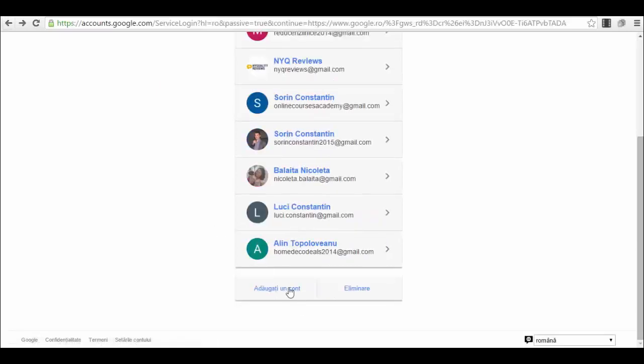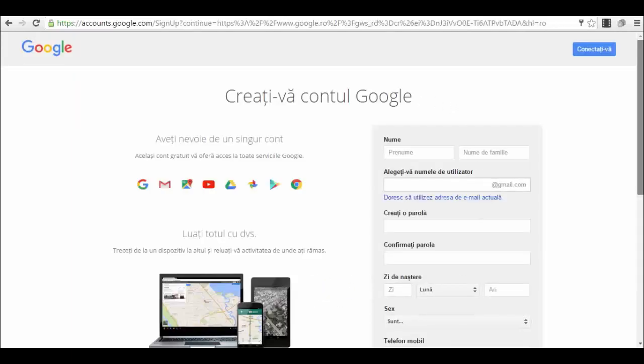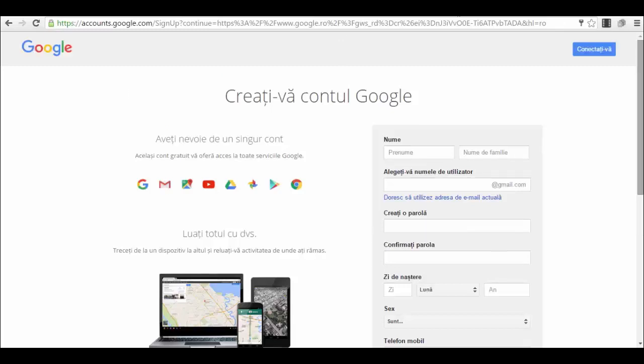For example, if I go back to that page and press this button here, add an account, I have the option to create a new account. I press on create an account, and this is how the form will look. As I've stated before, all the details for me are in Romanian because I live in Romania, and Google has a tracking system behind. It practically sees all the time where you are. So in other words, they know at any time what we are doing and where we are in that particular moment. But this is how the form looks.